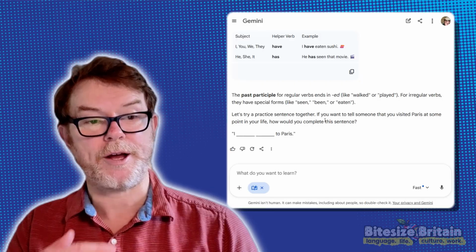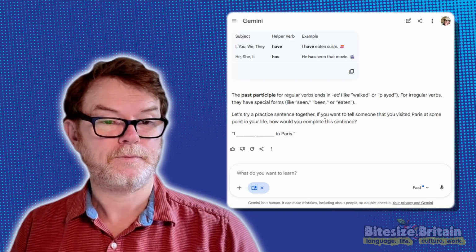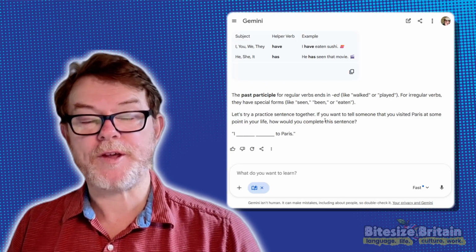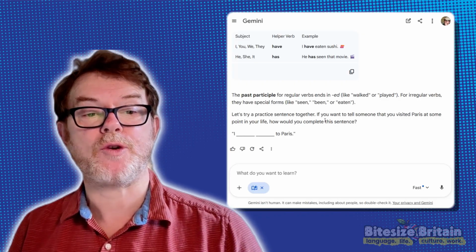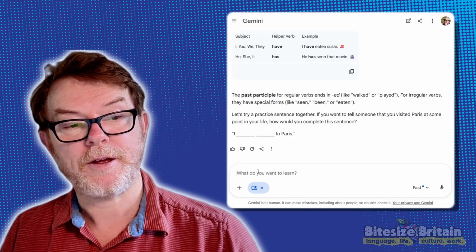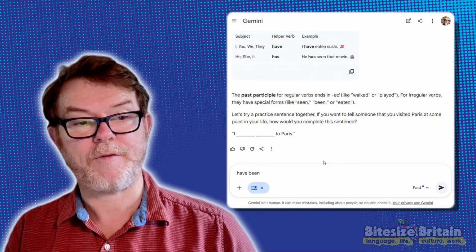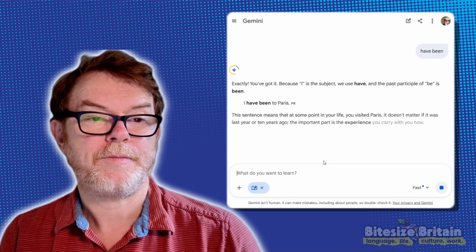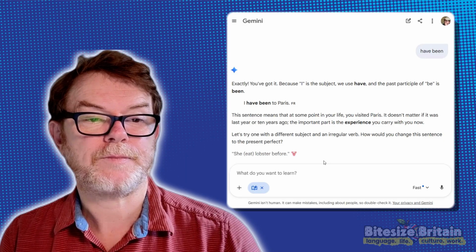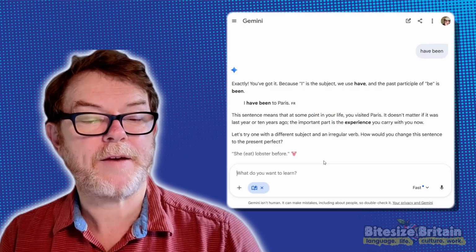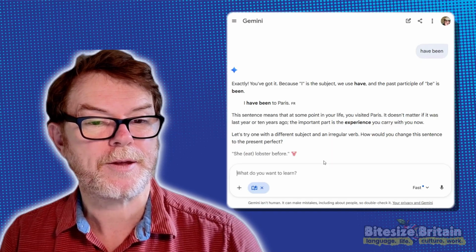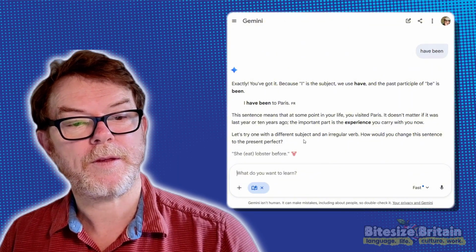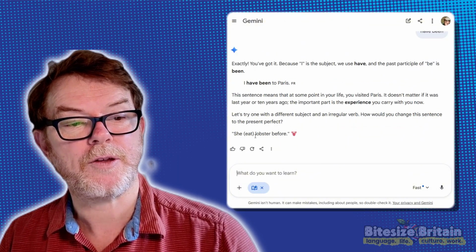So here it says, let's try a practice sentence together. So if you want to tell someone that you visited Paris at some point in your life, how would you complete this sentence? And you can just type in have been for this, which I think is correct. Okay. And again, it gives more explanation and information about this. Okay. Here, and then it asks us to do another